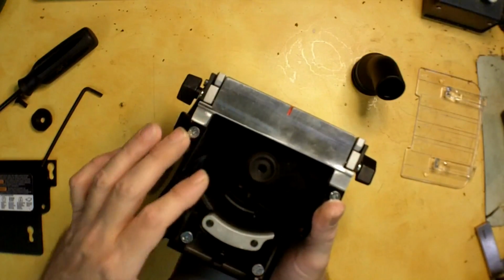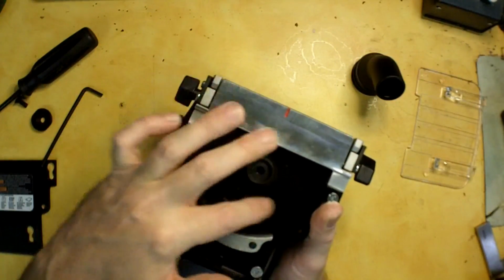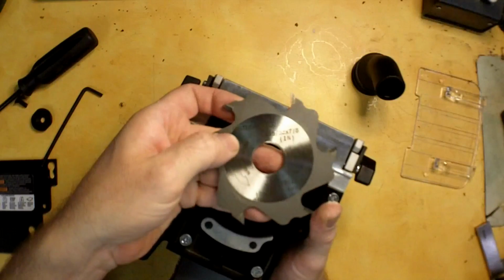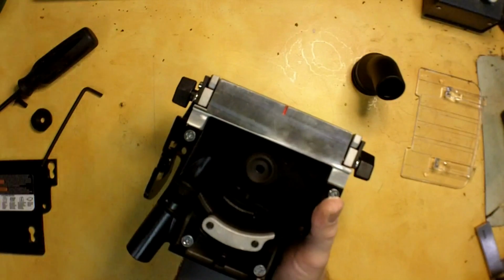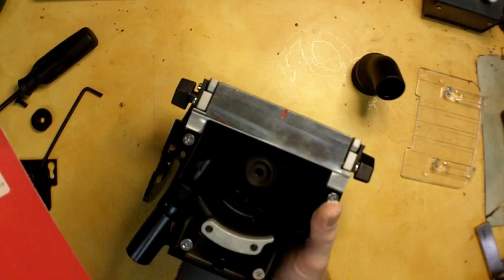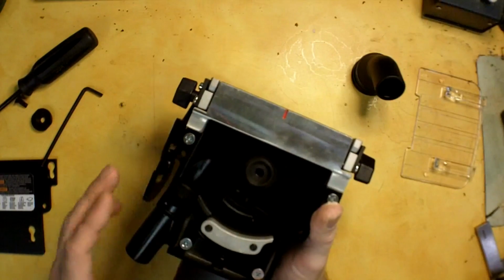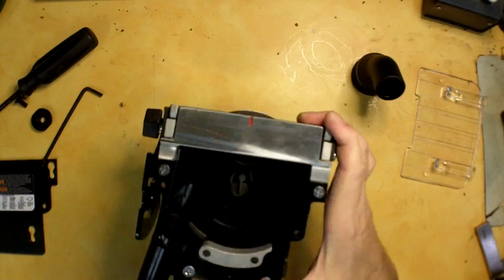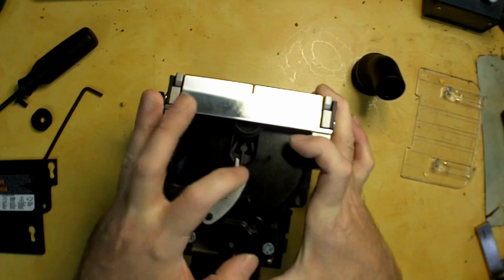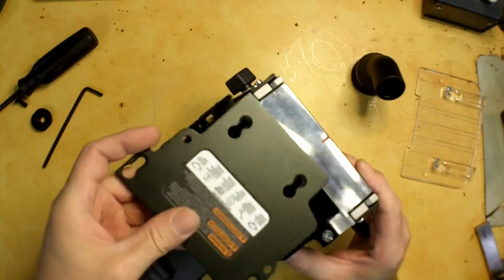I'm not going to put the 2-inch blade on here, but I'm going to explain what you do, because there is something in here. Once you get this one off, obviously you put the 2-inch blade on. The blades are marked for a rotation. There's an arrow on the blade itself. I believe the 2-inch is marked as well. It might be, I don't see it on this side. It may be on the other side, but surely it's marked in some way, or you can just reference them. And once you get the blade tightened up on the 2-inch, you're actually going to push this thing up like so, and you're going to pull this lever up right here and pivot it around and stick it in this hole, and then slowly let go. And then at that point you would put your cover plate back on